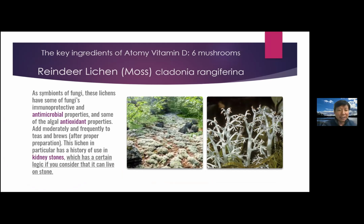It's a fungi. Okay, it has antimicrobial properties and also antioxidant properties. So other than giving us vitamin D, it also has medicinal properties. What an amazing supplement. Okay, so in history, the Indians or the natives used this for kidney stones, believe it